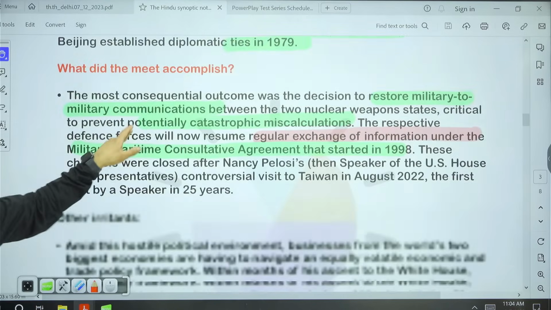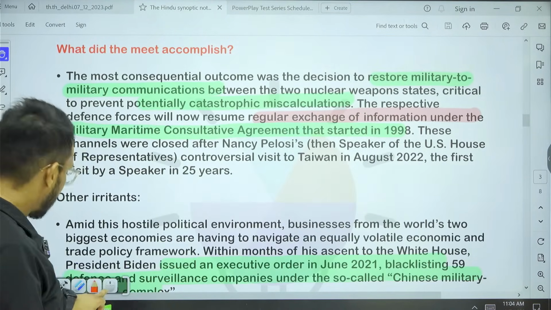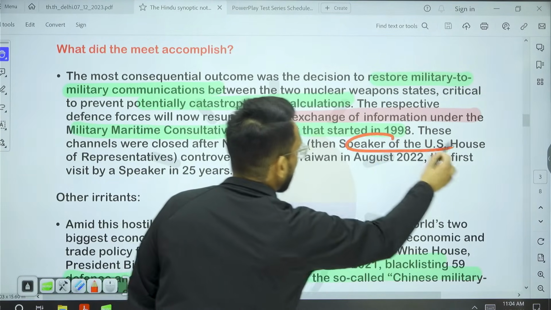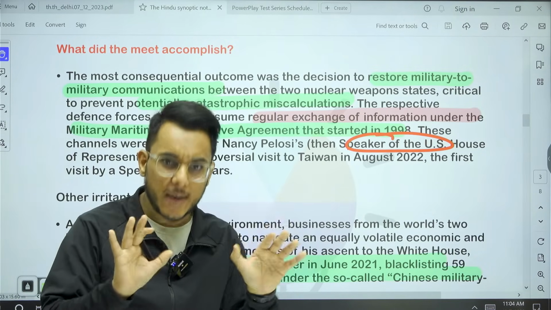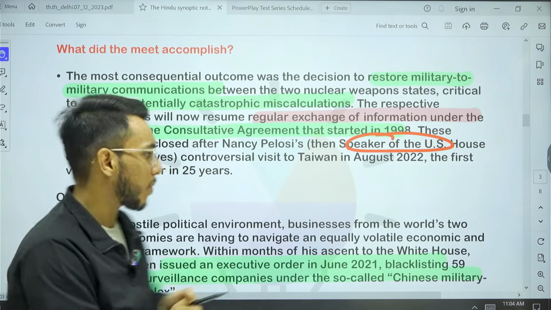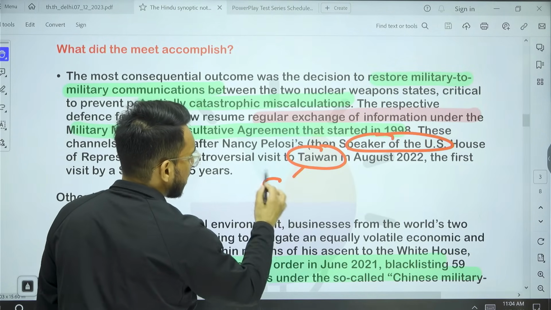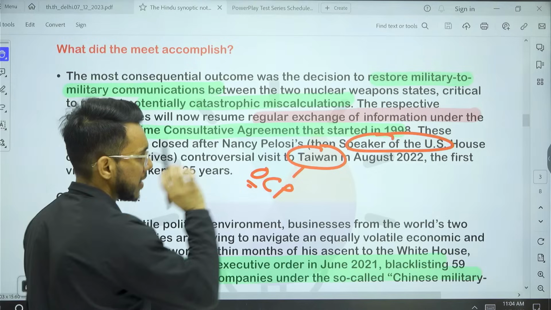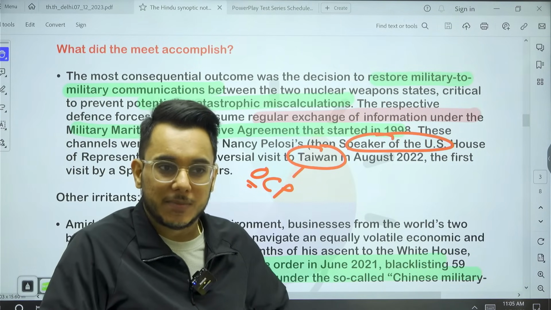Now guys, this particular communication got suspended after Nancy Pelosi, Speaker of the US House of Representatives, visited Taiwan. Now there is a little bit of a background story about Taiwan also. Let's understand this. When we talk about Taiwan, China maintains the One China principle. Now what is this One China principle? So basically China says that